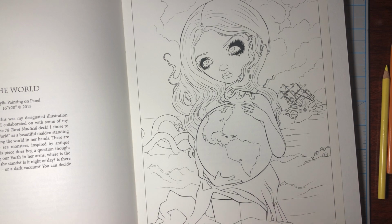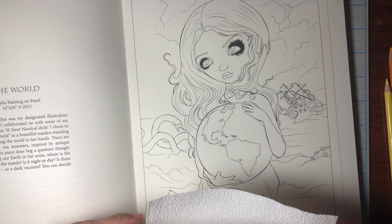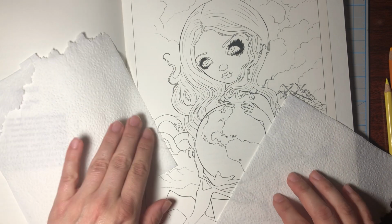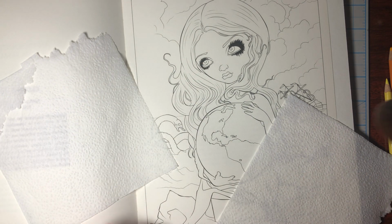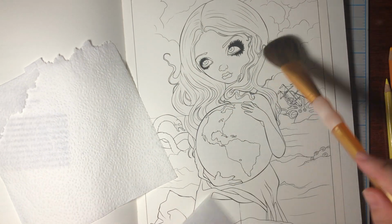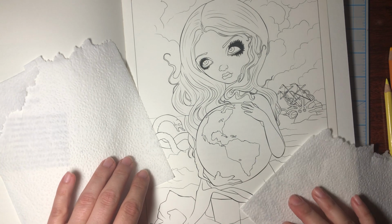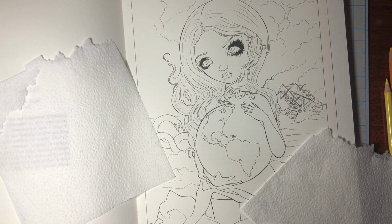So I have started a few coloring pieces and not finished them, and that drives me crazy. I really wish I was a faster colorist, but it just seems like when I color it takes quite a long time, especially since I use mostly colored pencils. But I thought maybe I would make another attempt at just doing a piece start to finish, and we'll see